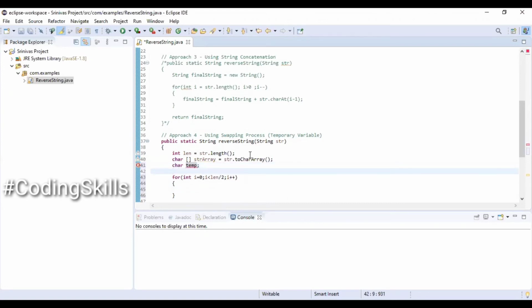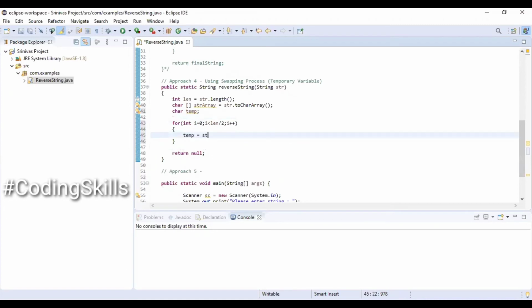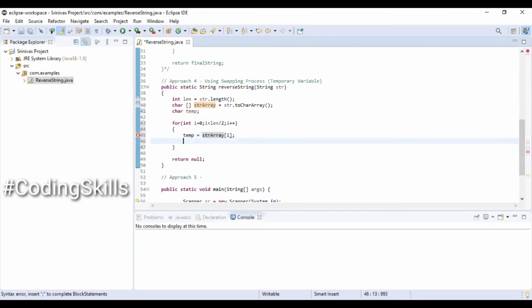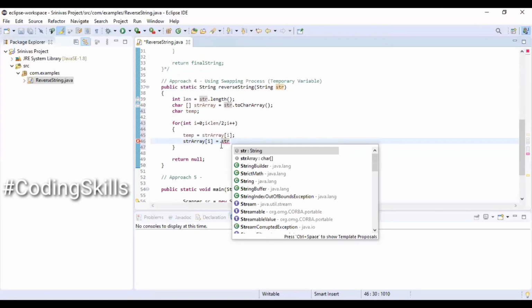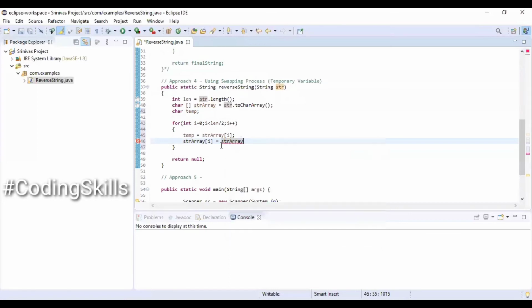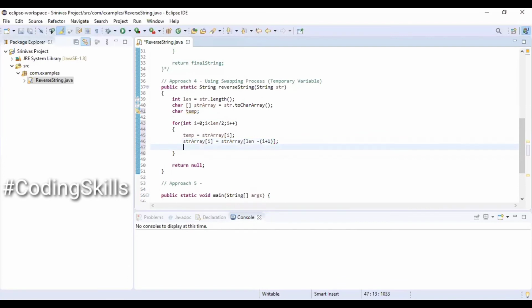We will also declare one more variable, char temp. temp equal to strArray of i. strArray of i equal to strArray of length minus i plus 1. strArray of length minus i plus 1 equal to temp.